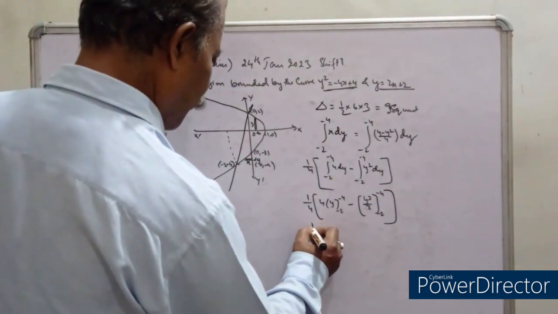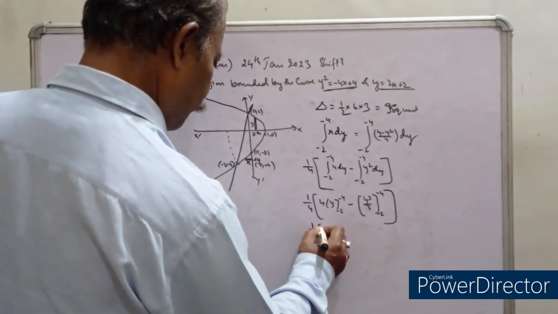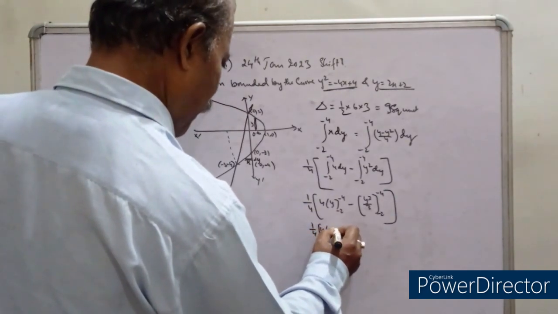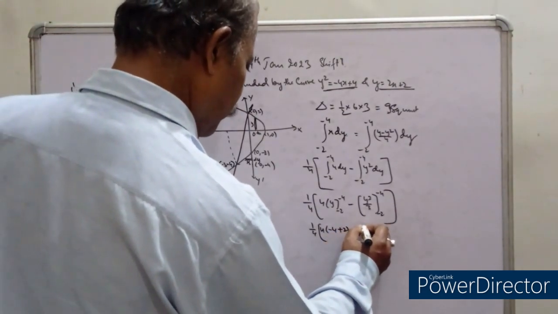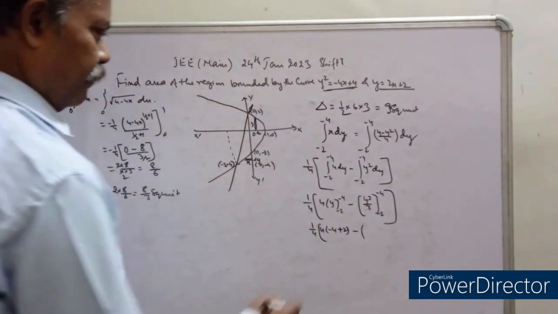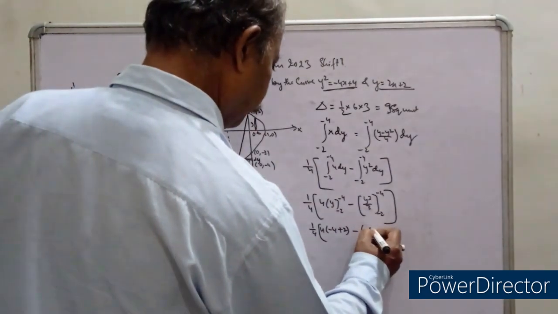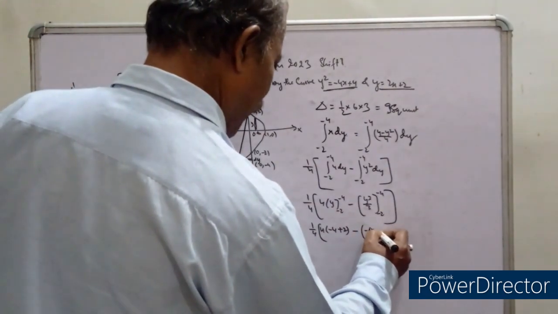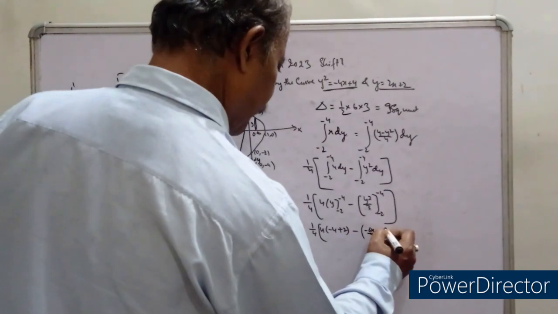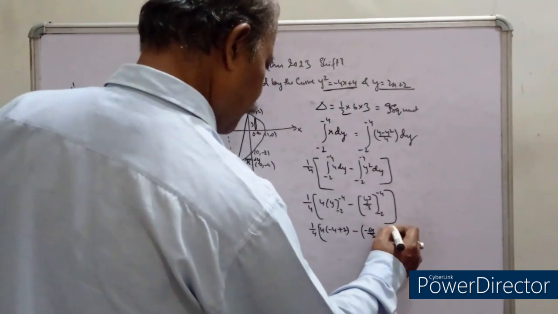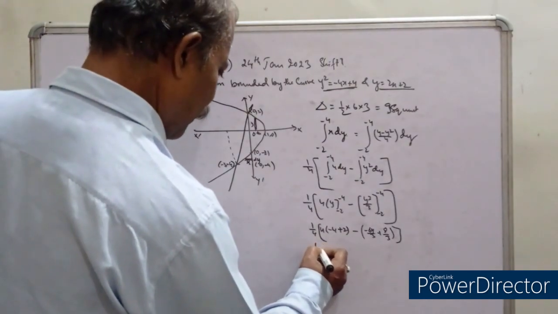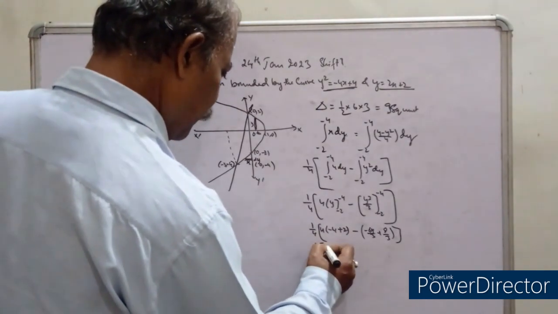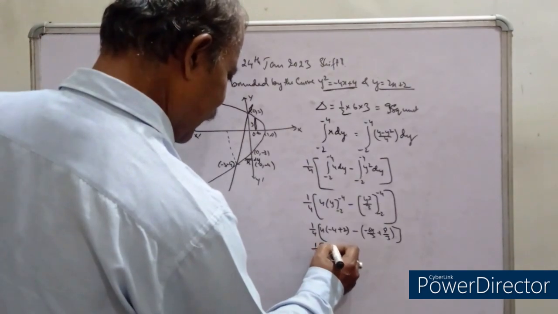Now 1 by 4, this will be 4 times upper limit minus 4 minus lower limit minus 2, and here the upper limit gives minus 64 by 3, minus lower limit minus 8 by 3. So now here you are going to get 1 by 4, and this will be 4 into minus 2, that is minus 8,